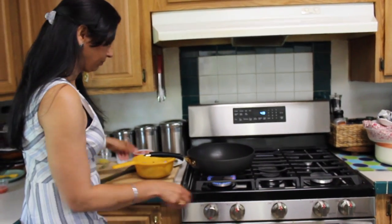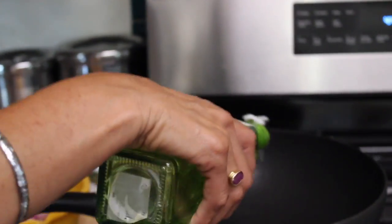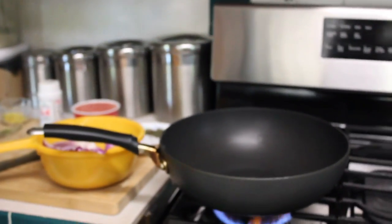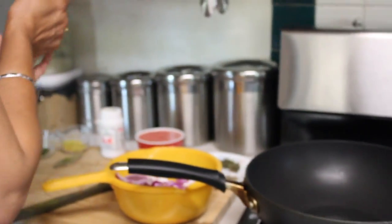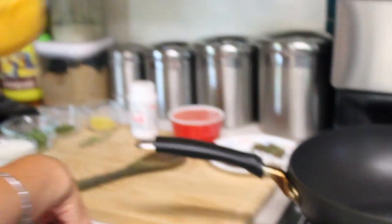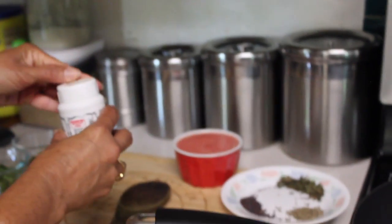First put a pan on a stove. I'm using olive oil, you can use vegetable oil or any oil. 2 to 3 tablespoons of oil. It becomes super yum. Once the oil gets a little hot, we will add